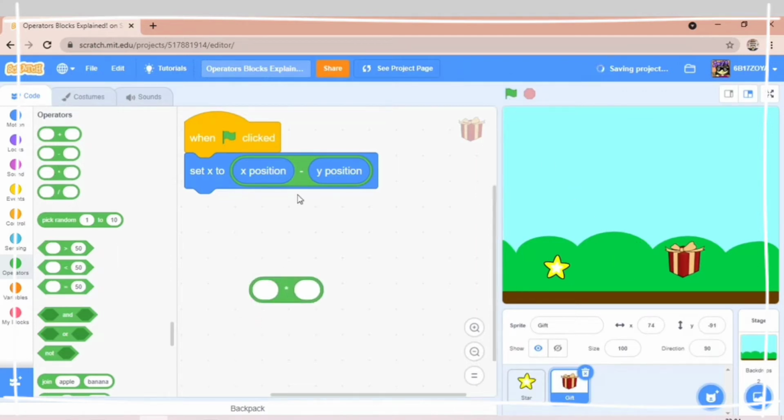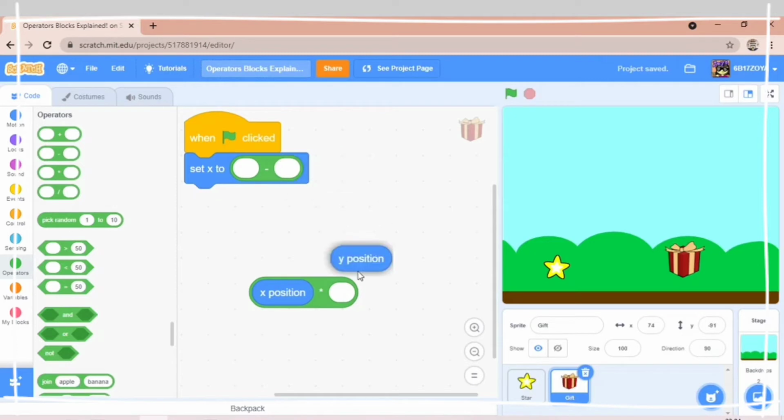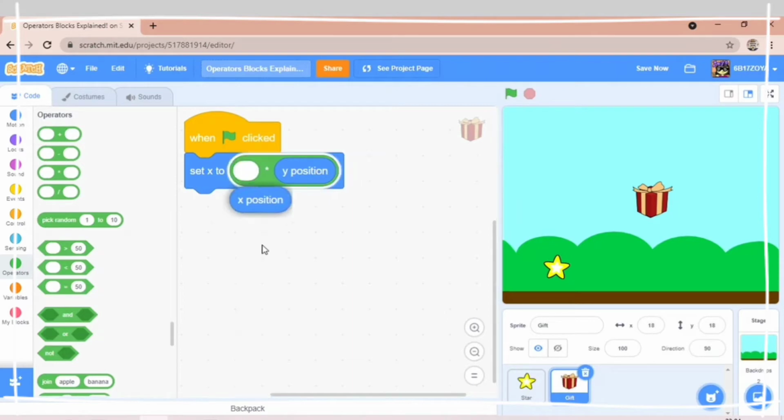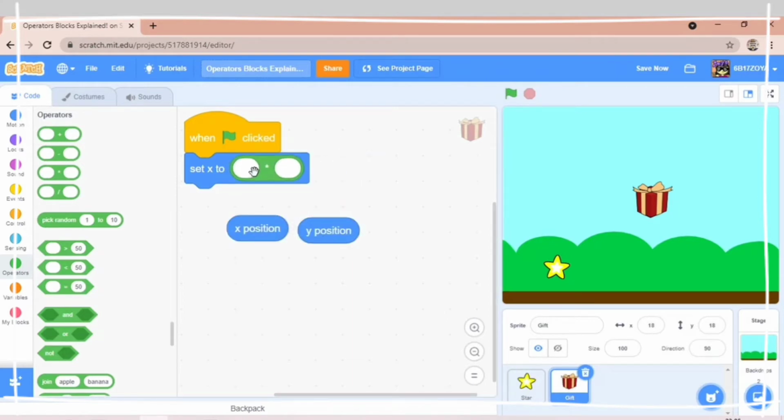And this is the multiplication block. When we multiply the X position and Y position or anything written, you see it goes over there, because it multiplies the current X position and Y position and goes over there. Like I can also put some numbers over here, like 2 multiplied by 6, and I can pull it out and see it's 12. We all know.